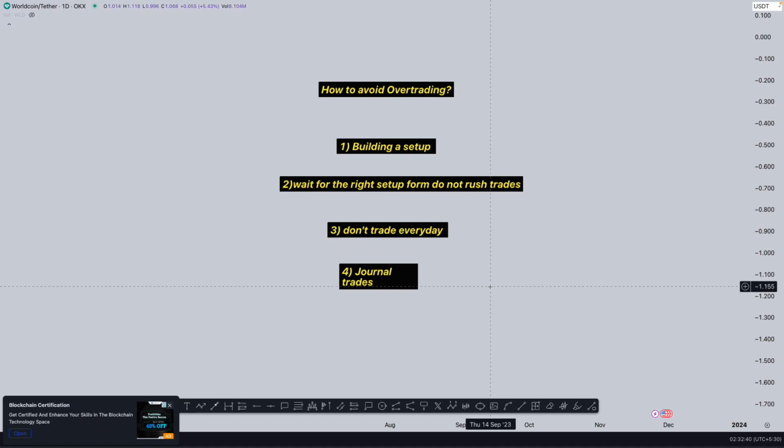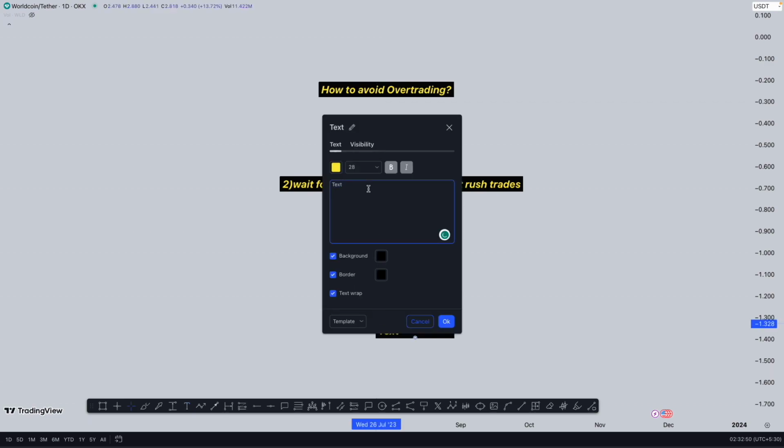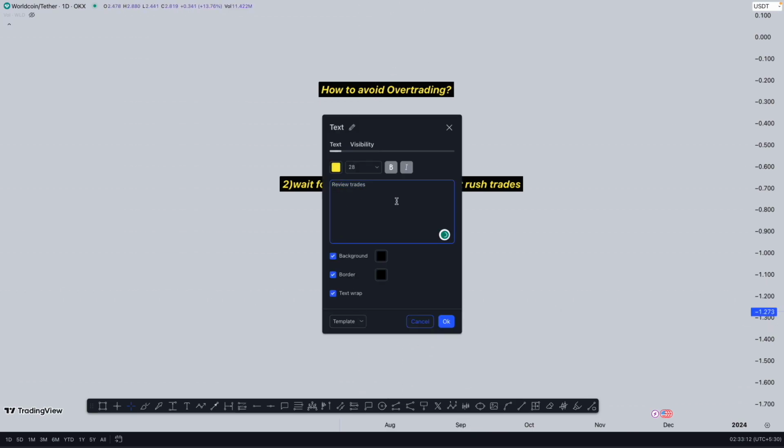The last point, which is very important, and this also sums up the whole scenario of not overtrading, is that you need to wrap up your trades in the right way, and you need to examine that. So this comes to reviewing what you exactly do during the trading day, and how you react to your losses or your profits. So reviewing your trades helps you understand whether my trade was under my setup or not, whether my trade was following the plan or not.